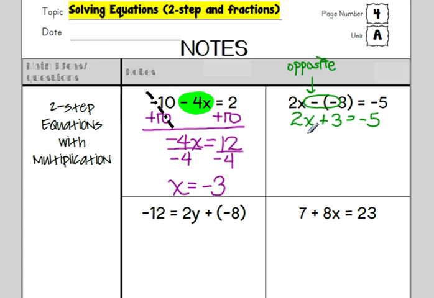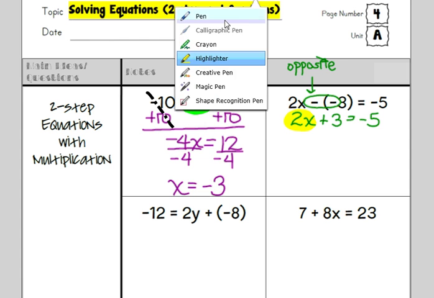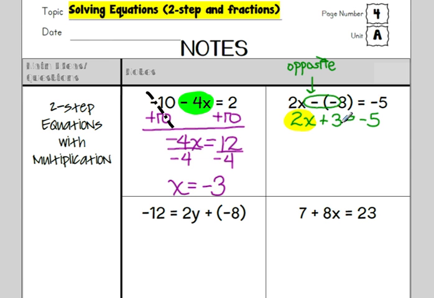And so now we're actually working with a multiplication equation with addition, as opposed to the way this looks here with subtraction. So if our goal is to get the variable by itself, we are going to be isolating this 2x. So our first step is to undo this addition of 3. So we are going to subtract 3 and subtract 3 from the other side. So we are left with 2x